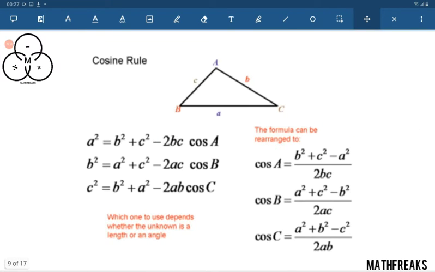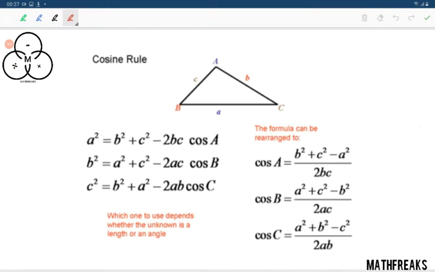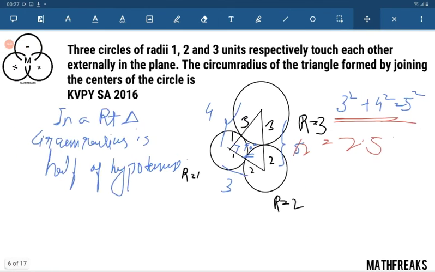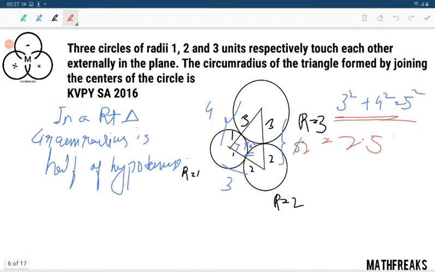Now we are moving to a new thing, cosine rule. Cosine rule is very easy because if we are having three sides, we can find out the angle. As I was saying on the previous question, the angle we got was 90 degrees. If the angle was unknown, then what was the system to find out the angle? In this KVPY question, at that time I was unable to form a question based on this idea,